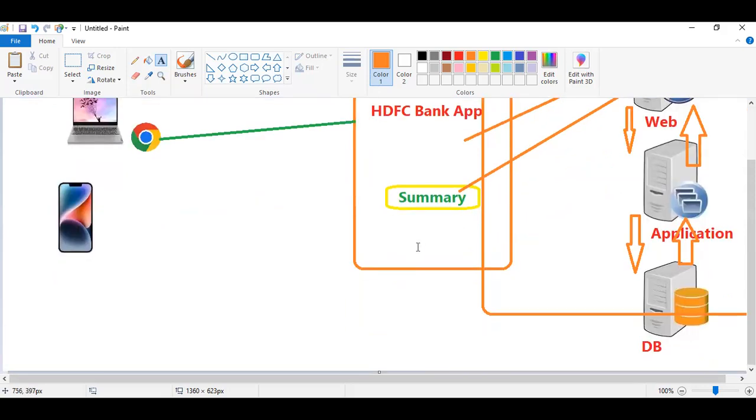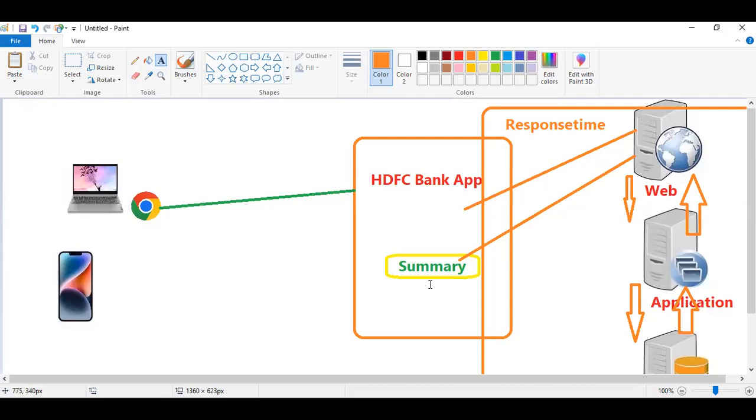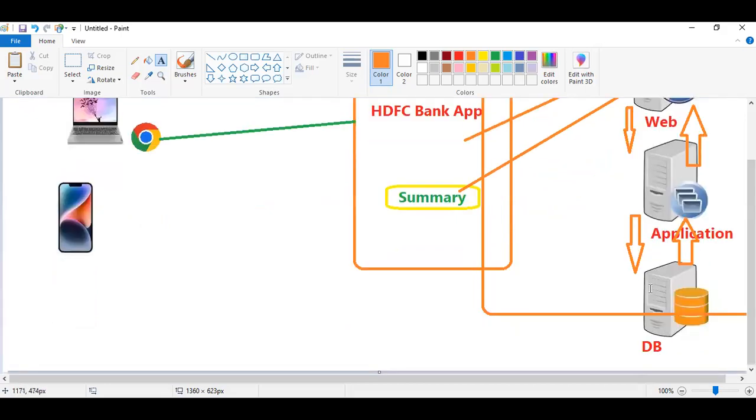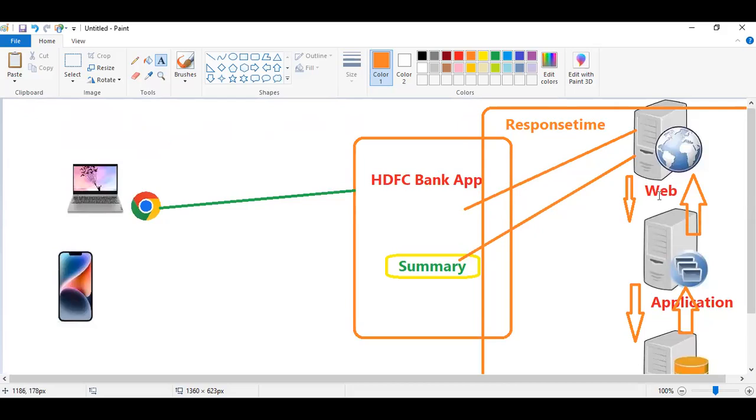So that's the reason why, for example, when you click a summary, if the server's capacity is very low, like 2 GB, 3 GB RAM, then the time